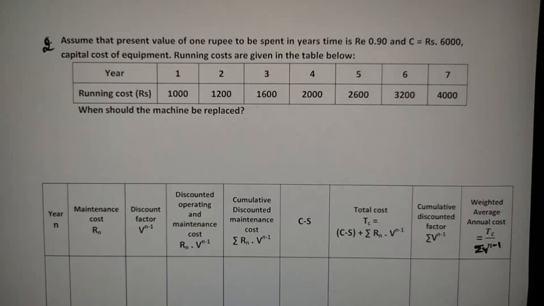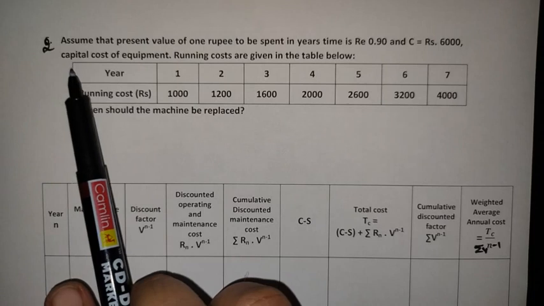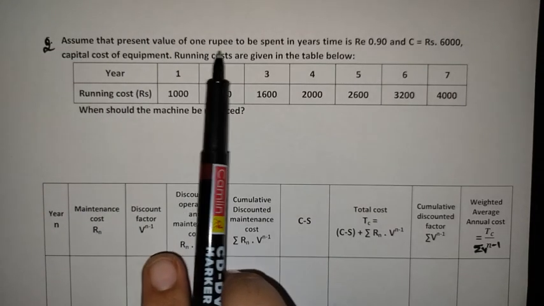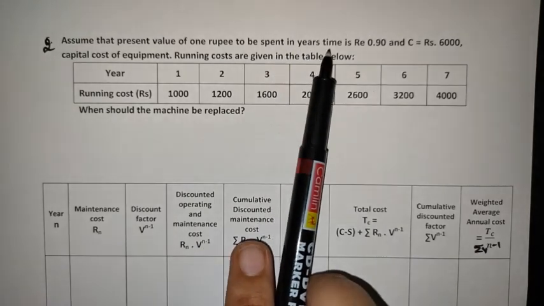Hi everyone. In the previous session we have solved a problem on replacement of items that deteriorate with time when money value is considered. So here we are going to see one more problem in that case. So now see what the problem is. Assume that the present value of 1 rupee to be spent in a year's time is